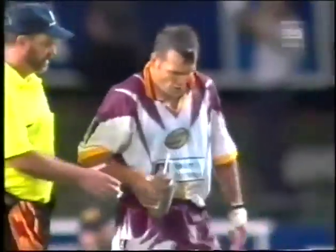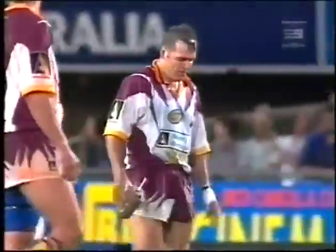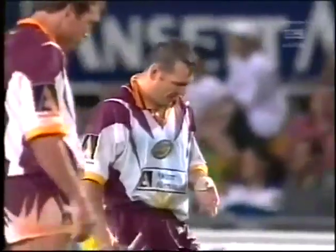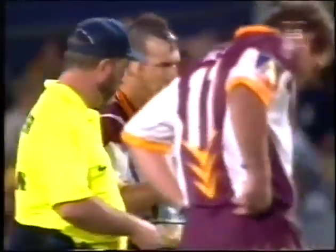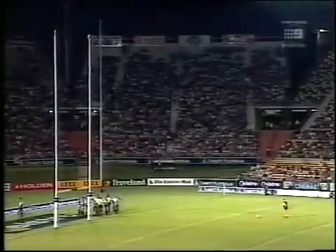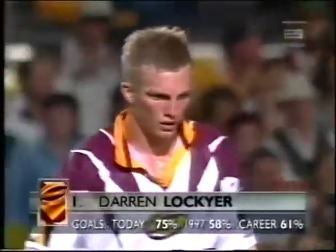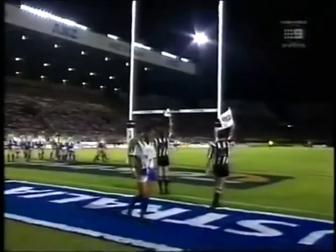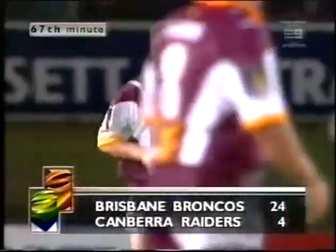A couple of times in the last 5 minutes of play, Michael Hancock has looked dangerous down that right flank. I thought twice in as many minutes he was going to link up with Wendell Sailor, only to step inside and run into the defence. Eventually, he's reaped the reward of a try. Looks to be a leaner Michael Hancock this year too. Yeah, I said that earlier. He looks trimmer to me than I've seen him in a good number of years. 24-4,